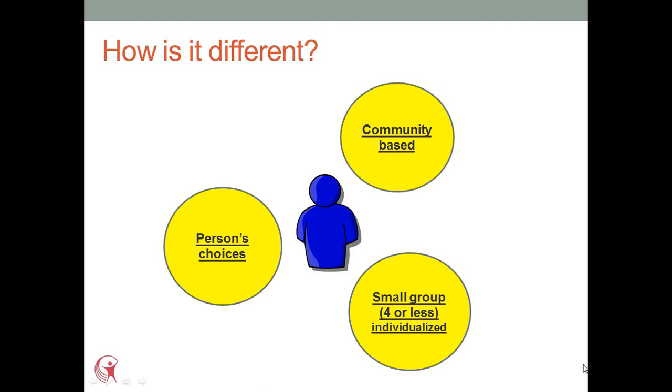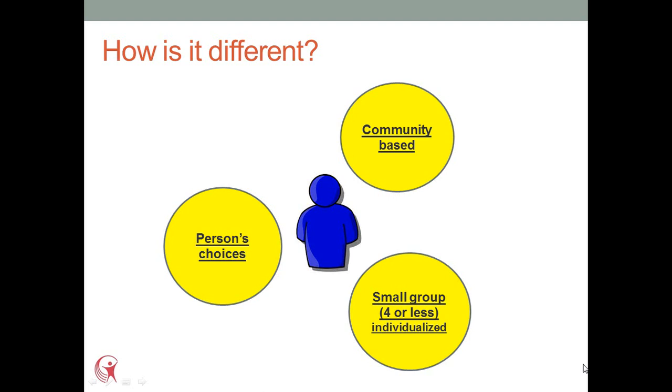When we think about the old way of delivering services, an example of not considering a person's choice may have been an exercise class. A family may have thought that an individual should attend an exercise class to help the person lose weight or be healthier. However, this may not have been that person's individual choice or interest.